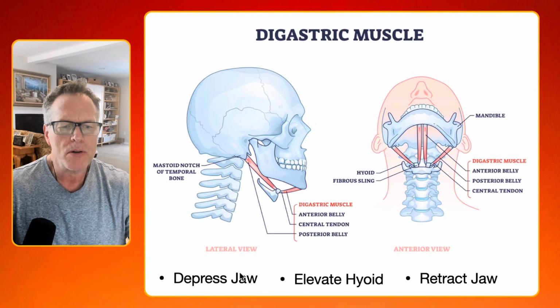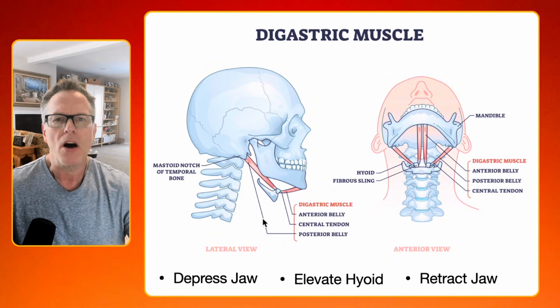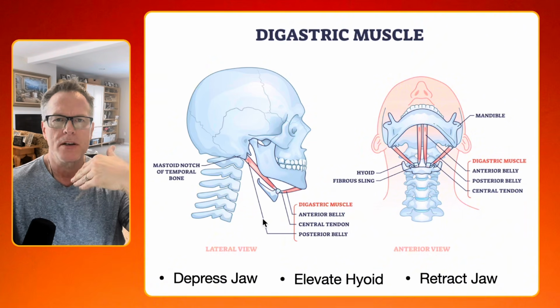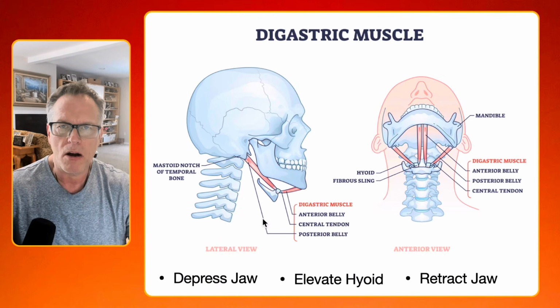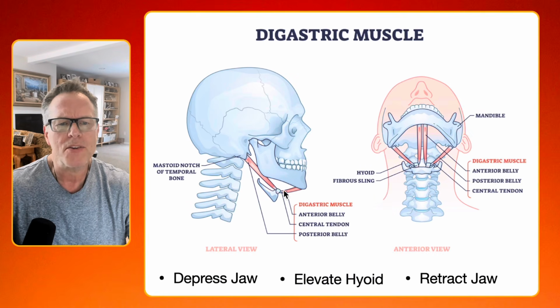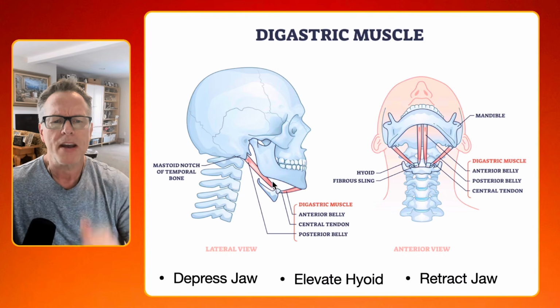Well, they will depress the jaw. That means open the jaw. So if you're a mouth breather like this, that muscle gets contracted all day long and it's going to get tense. It will elevate the hyoid. And that makes sense here too. Look at the hyoid. If this front part contracts and the back part contracts, it will pull up, elevate the